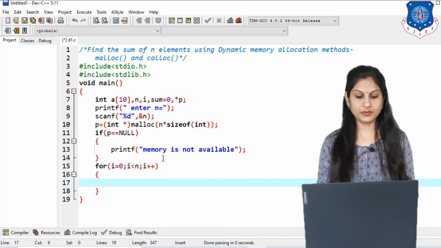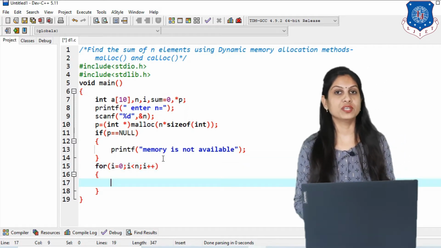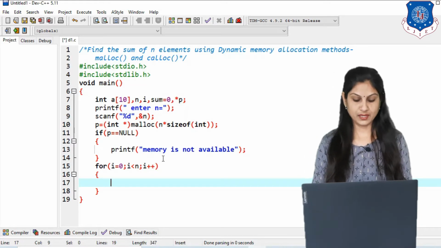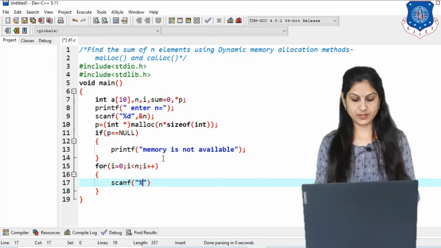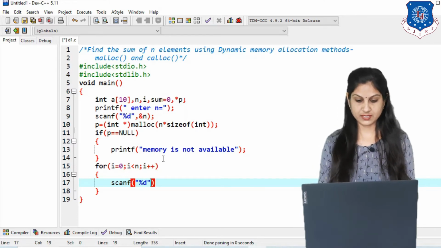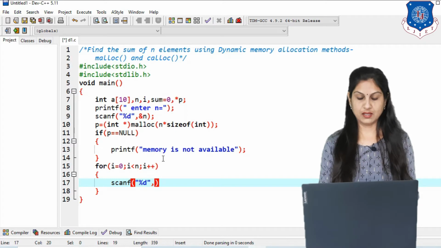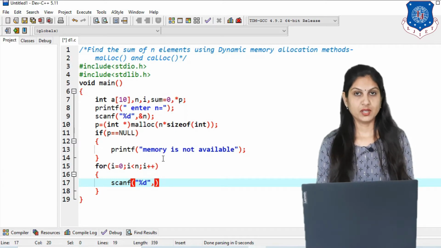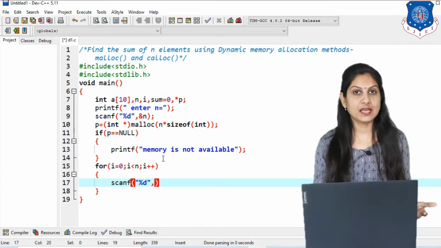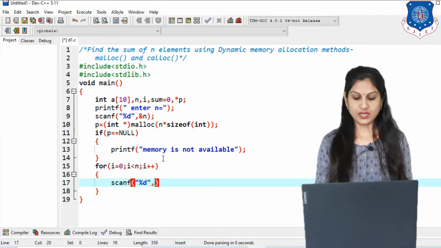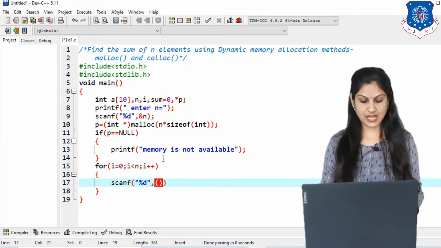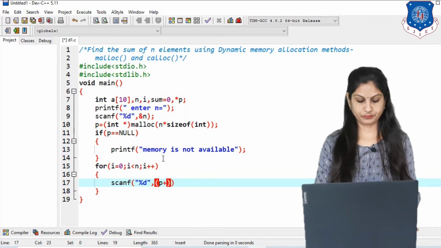Inside this for loop we now put the logic using the DMA concept, and here we read the data using the scanf function. Inside scanf we write %d because of integer, and then comma, use the pointer, because now we are using the DMA concept that only works with a pointer. So here we need to write p + i.